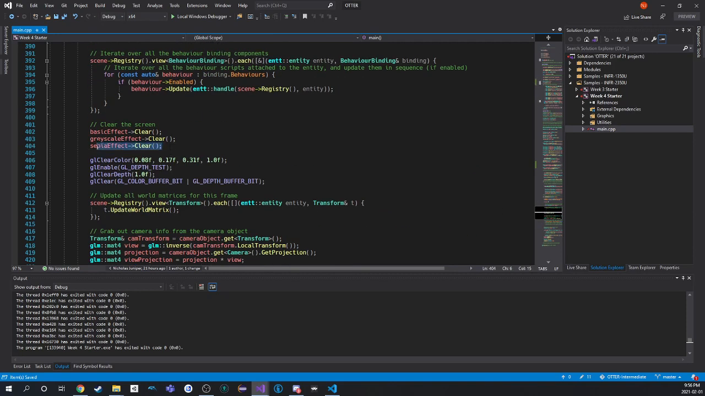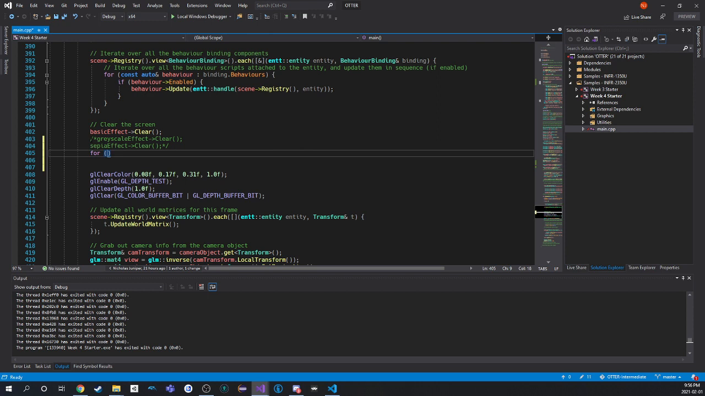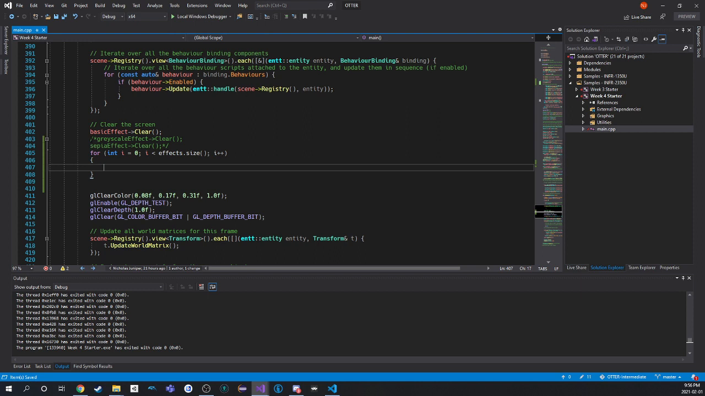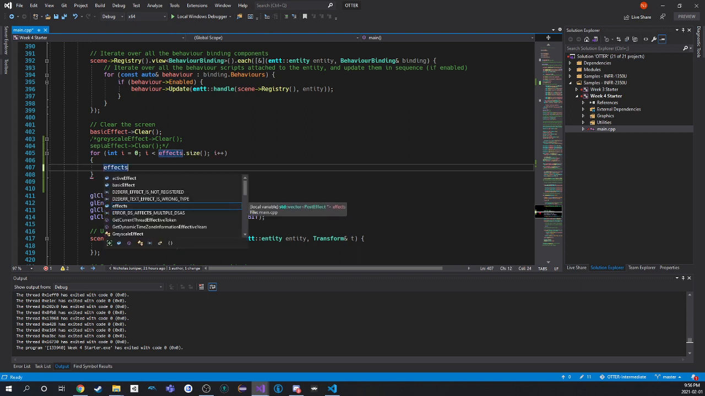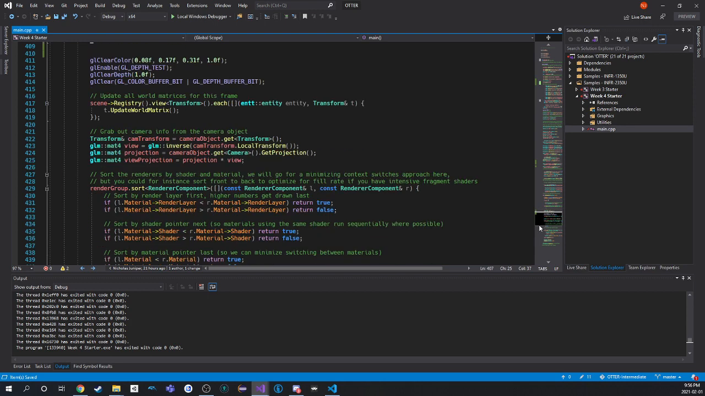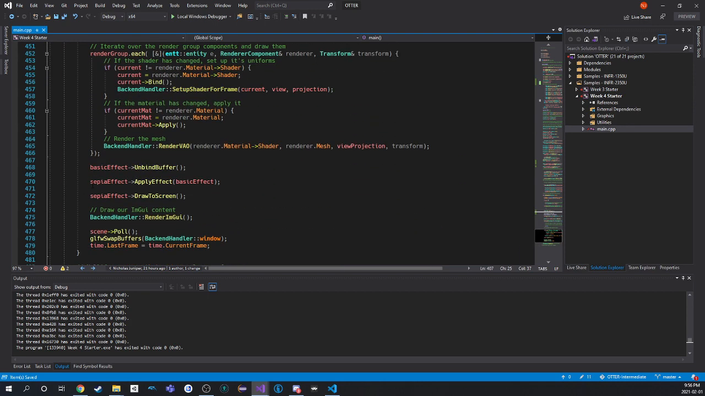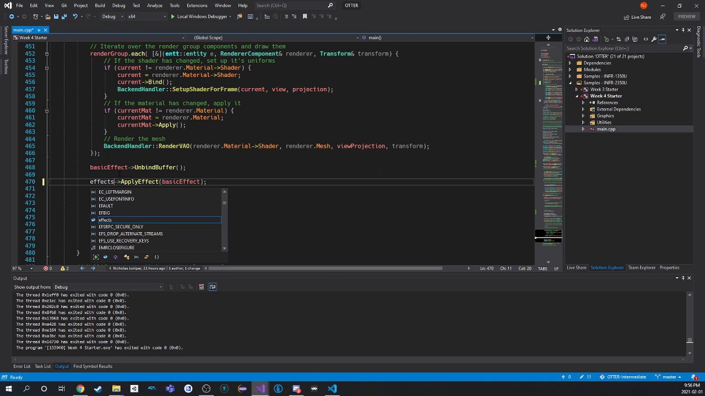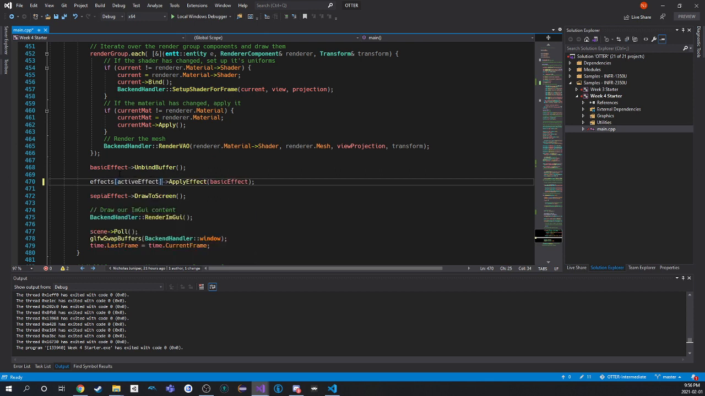What you can actually do here now is comment this out and write something like this, so you can keep adding effects. For i less than effects.size, effects i .clear. Because PostEffect has clear, it doesn't matter. We can just clear it. And then if we do this, effects at active effect,